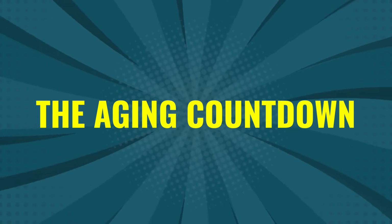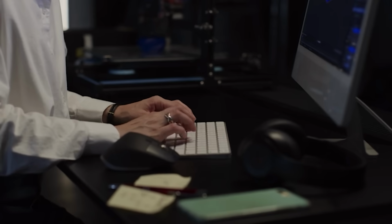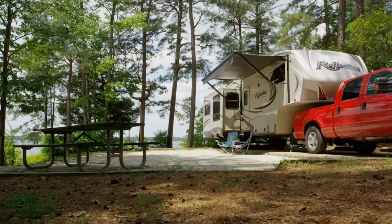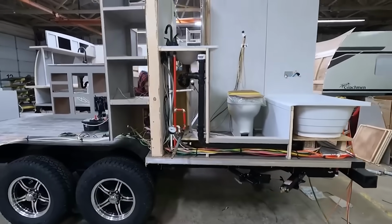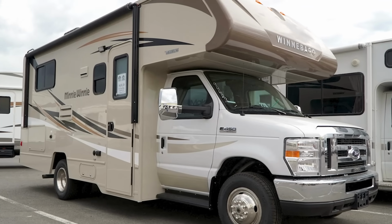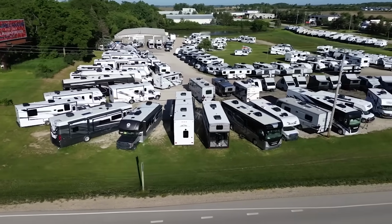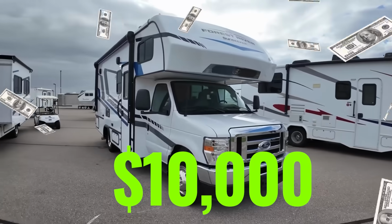The aging countdown. Inside every dealership's computer system lives a hidden timer. Once an RV has sat for 60 days, the dealer's margin starts to erode. After 120, the lender may demand larger payments. At 180, manufacturers sometimes reduce support, bonuses, or advertising credits. These stages are known as age tiers, and they're what keep managers pacing their offices, watching the calendar like a bomb timer. A unit that lingered too long last summer might now be marked down $5,000 or even $10,000